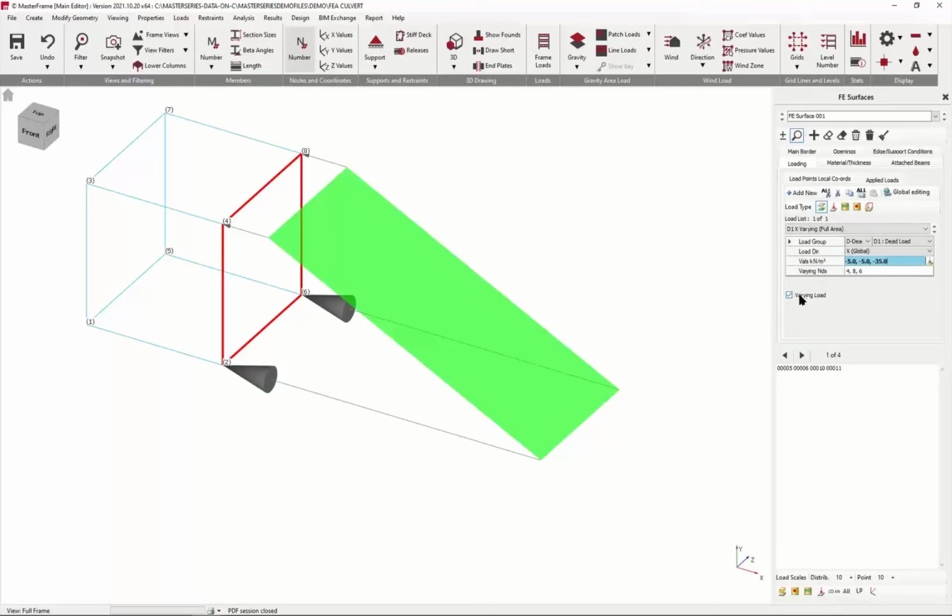So it's a tick for varying load, and then I've told it 3 values. And it's a varying load. So a couple of things we need to tell it: 3 points give us any surface. So these 3 points are 5 kilonewtons at 4, 5 kilonewtons at 8, and then down at 6 we have 35. So a 30 increase. So any 3 points give us a load on a surface. Very straightforward. So instead of being uniform,